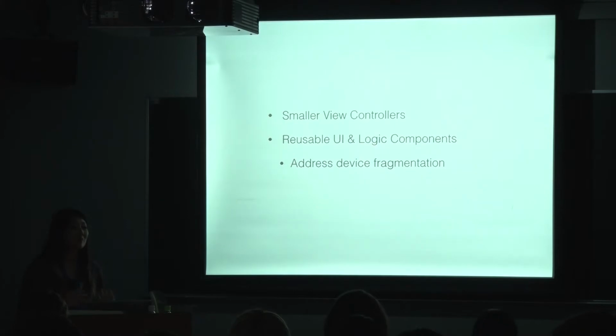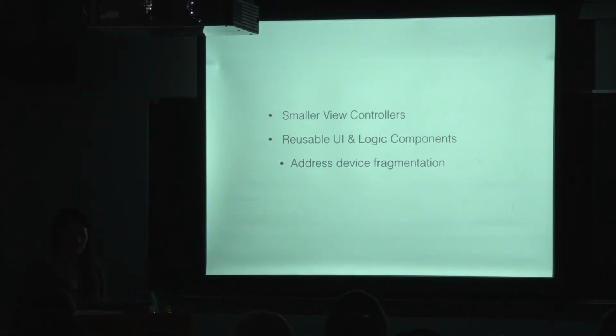So if Fragments weren't created as a way to provide a separation of concerns, then why? The reason actually is because as Android started becoming more popular, there were many manufacturers that wanted to create devices, and that ended up with a lot of device fragmentation. And so this became a problem because it was difficult for developers to write apps that were suitable for all of the different screen sizes and densities out there.